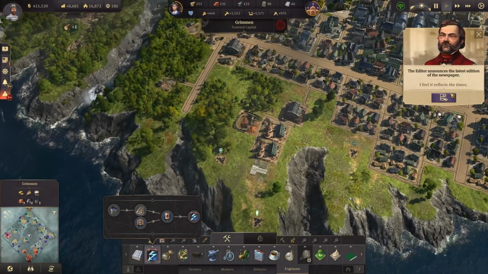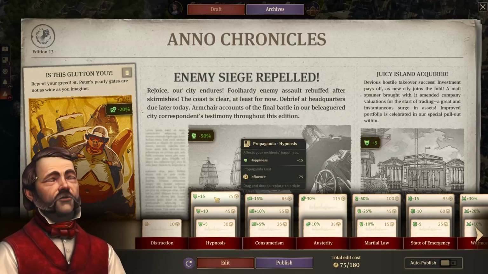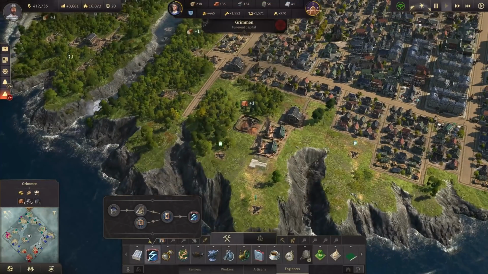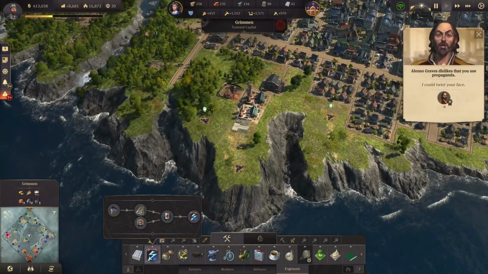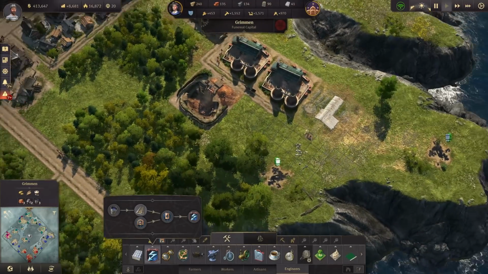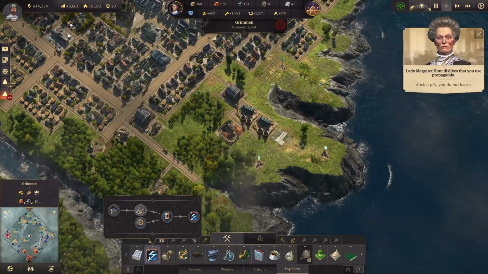Now in... Oh, we have the next newspaper edition. It's the usual stuff. Minus 20 consumption, plus 15 money, and a bit of happiness. That stays there. Everything as usual. We have a nice amount of money right now. And then we can build the trains. For a bit of oil that we need for our first